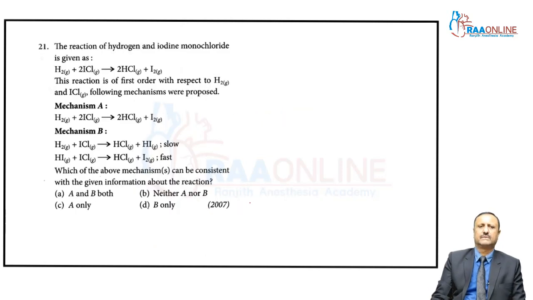Now, we can show the question number 21. My dear students, this question number 21 is also important. In question number 21, you can see the reaction of hydrogen and iodine monochloride is given. The reaction is of first order with respect to H2 and ICl. The following mechanisms were proposed. Here you can see the mechanism of B. Always you can see the order of reaction